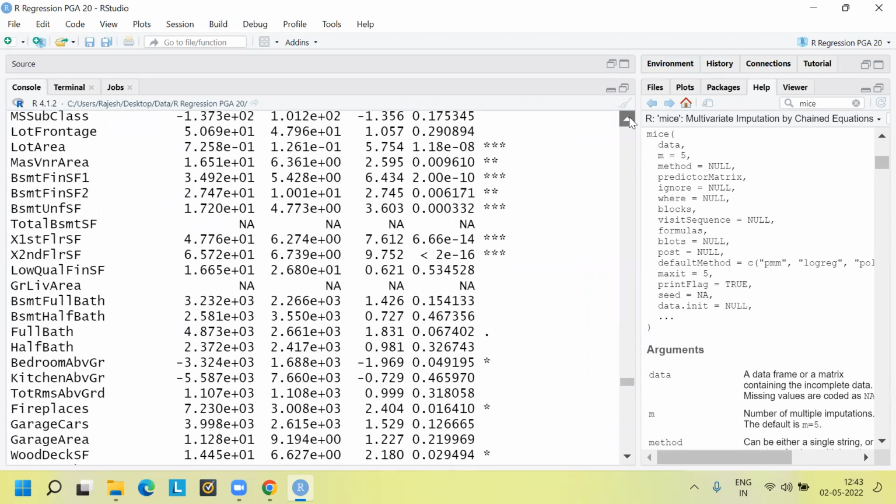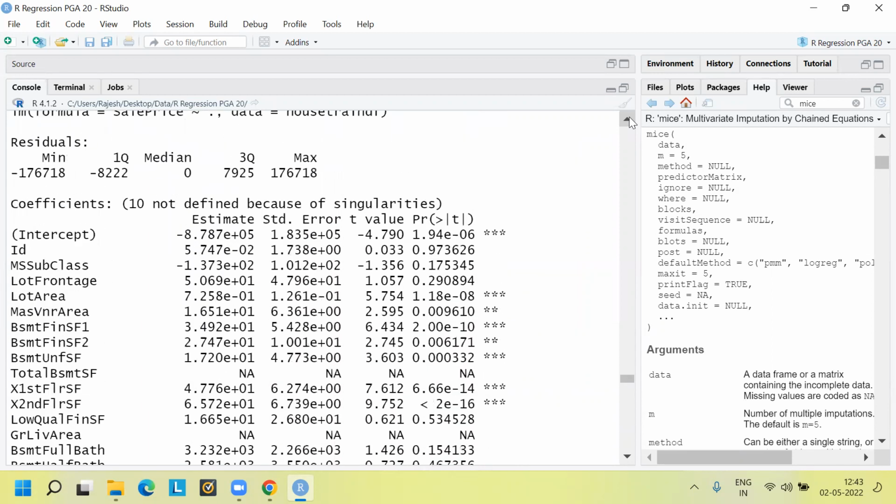Some variables will be there which will be thrown out of the model, like this total basement SF, it is thrown out of the model. It is found totally not significant by the variable. Same thing, ground living area is completely insignificant. You can remove those variables. Wherever you see any,